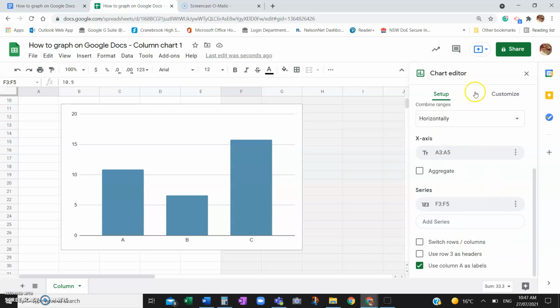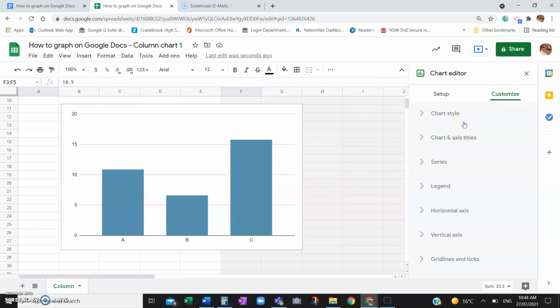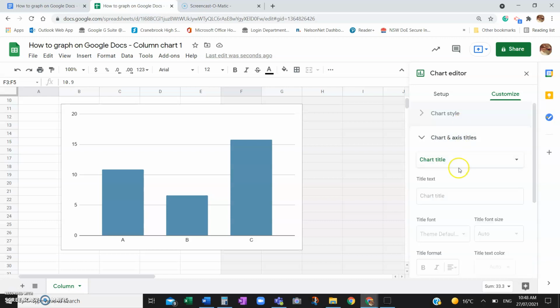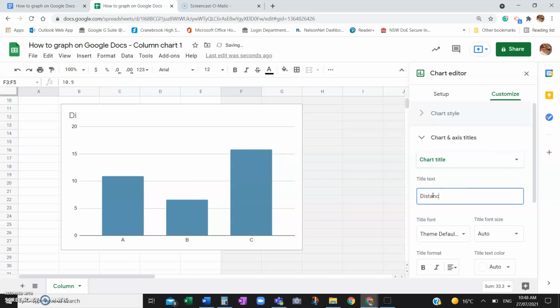There's no more there, but there's another tab up the top here that says Customize. You'll notice my graph doesn't have a title, doesn't have X and Y axis labels, so that's the next thing we need to do. So Customize, and you'll see all these things we can change. So let's start with the biggest important one, chart and axis titles. So for our chart title, okay, here is where you change horizontal axis, vertical, and our chart title. And our chart title should be something like distance,